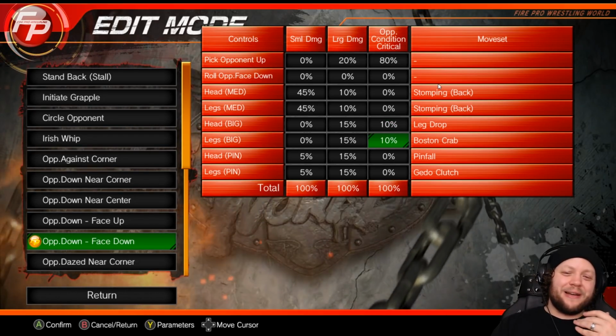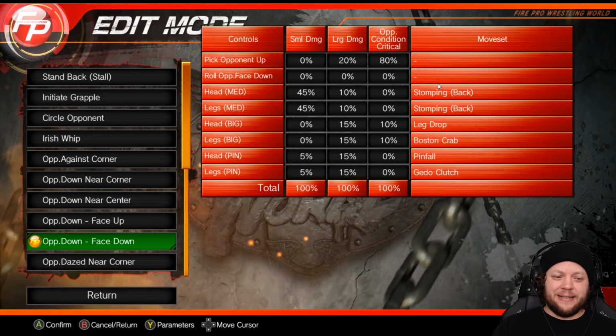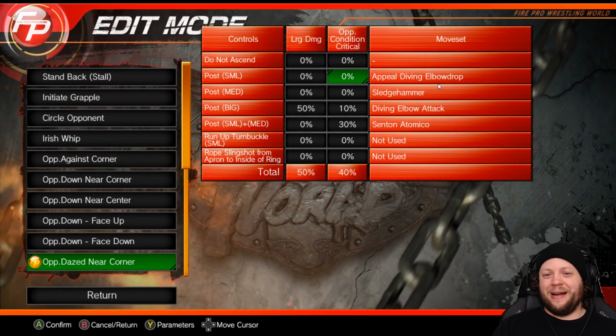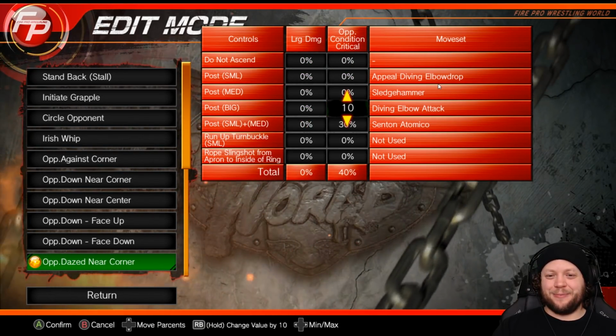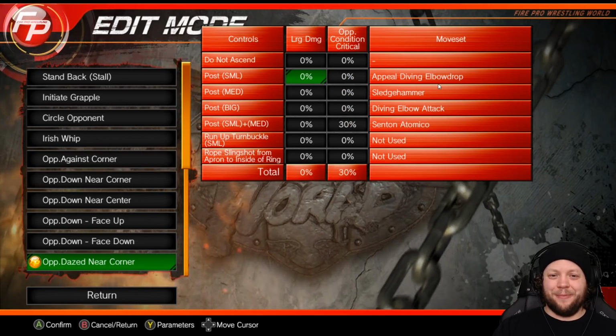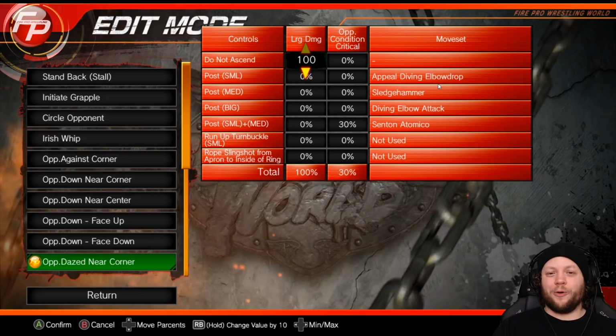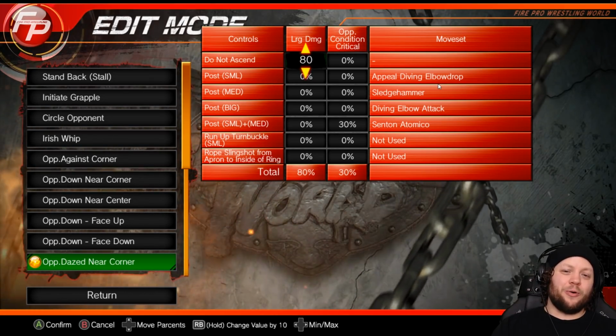Okay, so we have a leg drop and a Boston Crab that we're going to put our 10s in for that one. Once again, this is one of my least favorite damage mixes, actually, is when they just meld 3 of them into one with this large slot, but it is what it is. This is opponent dazed near corner. Now, the opponent dazed near the corner is much...